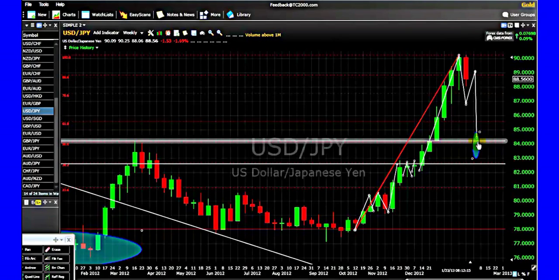If the price comes to 8400 zone, all right, do not think that it must definitely come to 8400. It can stop at 85. All right, be very, very flexible. All right, this is not a science. If the price comes to the 8400 zone, all right, and the third Elliott wave